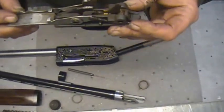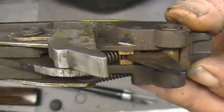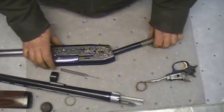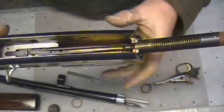rusty. Show you the top here, give you a close-up if I can. You can see all the dirt, grit, rust, grime, crunch, because nobody has ever taken the trigger group out of this. But beyond that, the worst thing of this gun is nobody has taken the bolt out of it. So we are going to look at the bottom and see